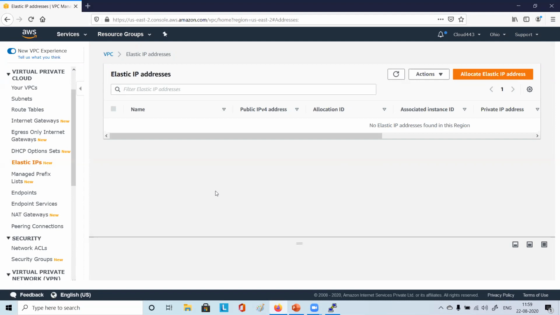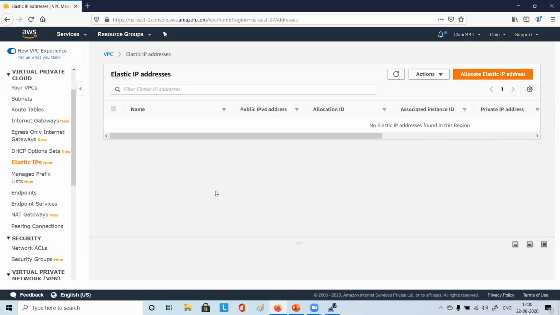So Amazon is offering us one elastic IP for free, but terms and conditions are there. It should be associated with one running instance. If you associate it with a stopped instance or something, then you will be charged for that IP.